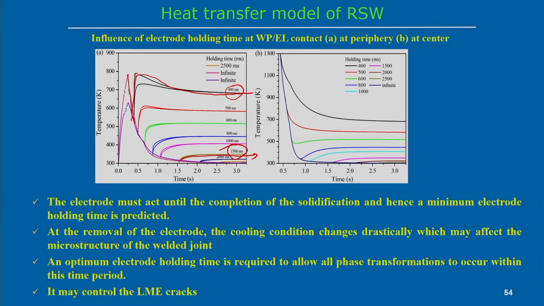So, that is why we have discussed the different welding processes, in this case resistance spot welding and electron beam welding. I hope this will be helpful to understand, first, the physical aspects associated with these welding processes, and second, how we can develop the finite element based model. Basically I am talking about the thermal model or temperature distribution, and once we develop the thermal model, how we can utilize this temperature distribution to explain the different physical phenomena associated with the welding process.